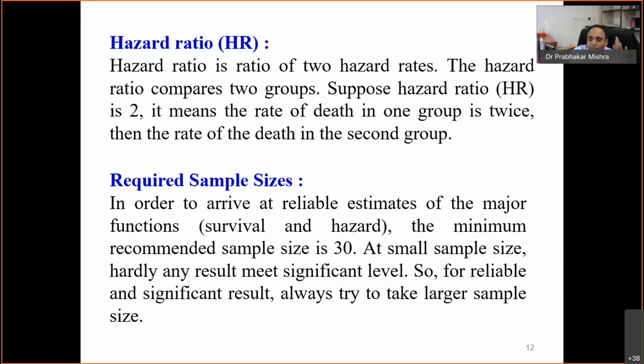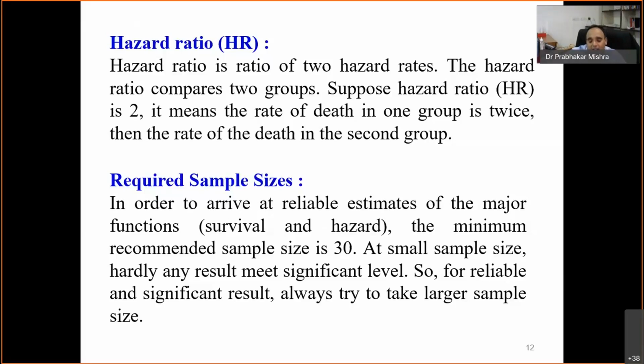But one very common rule is that in survival analysis, we should take at least 30 as the sample size. According to the rule, for correlation, regression, survival analysis and ROC curve, in an ideal situation we should use these methods when our sample size is at least 30. So if our sample size is ideally a minimum of 30, then we have to use these methods for the statistical analysis.